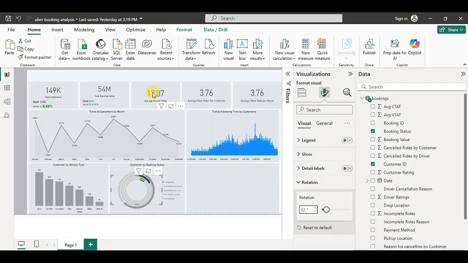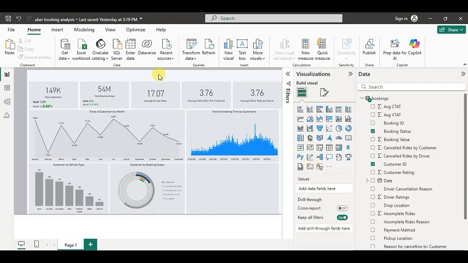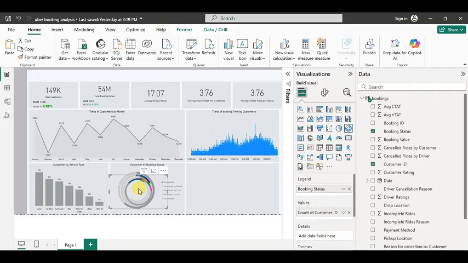Click here on the slicer, then change also the color to be this and also this, and this, and also this, and then